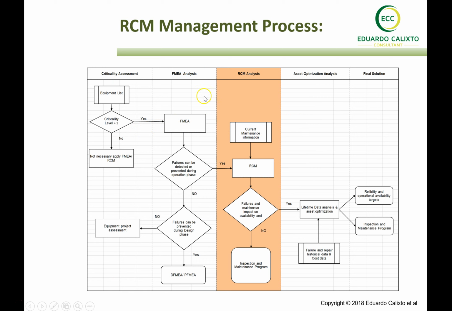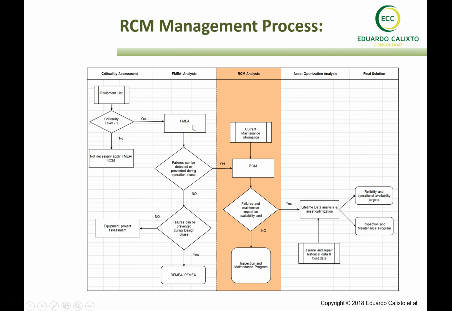So again, the RCM management process has as its main input the information that comes out from the FMEA analysis. So again, we need, in the very beginning during the design phase, to have an equipment list and define some criticalities. The equipment that has a level of criticality needs to be part of the RCM, and needs to be under the FMEA scope. And of course, during the FMEA, as we